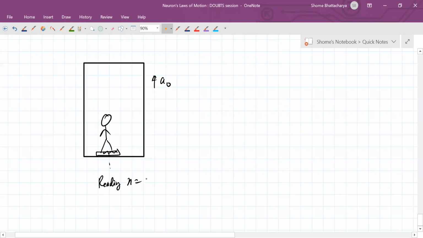The reading X will be normal reaction divided by g. But this time when you consider the normal reaction, you can do one of two things. If you are in the non-inertial frame of the elevator, if you are in that frame,